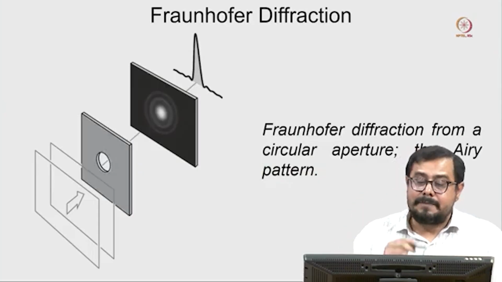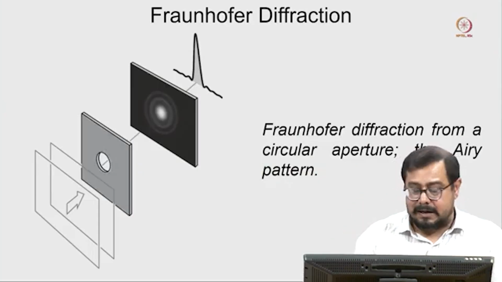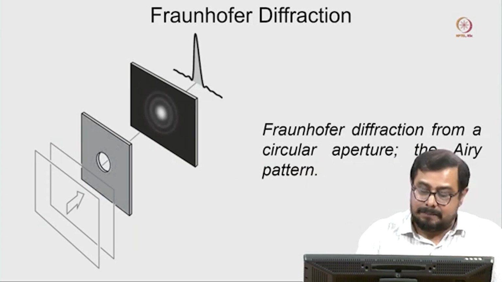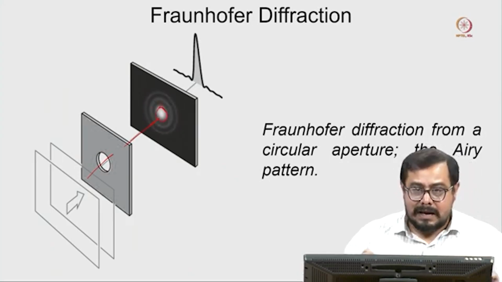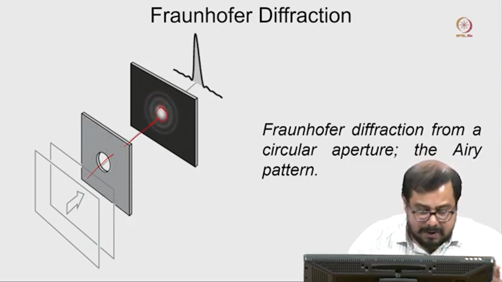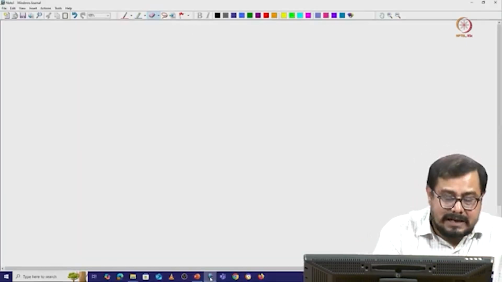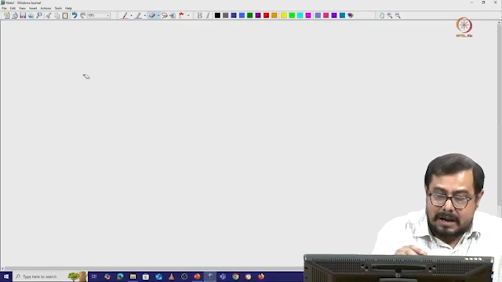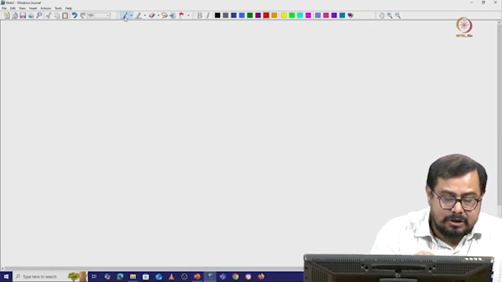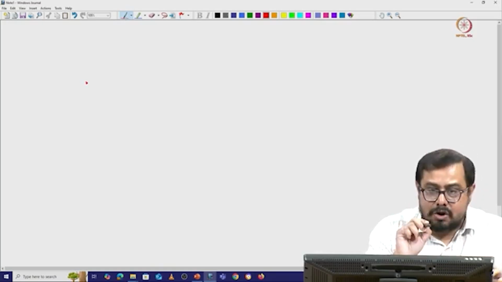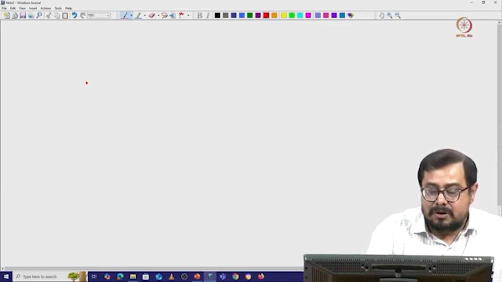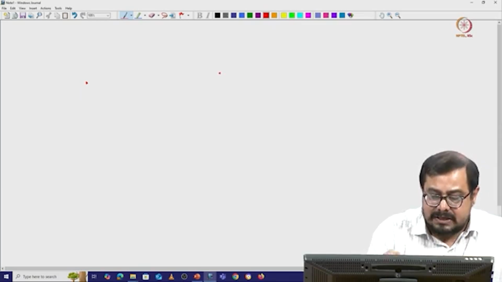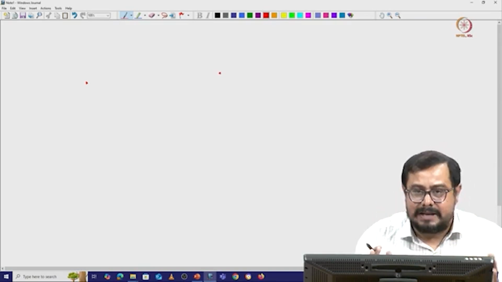Let's take a look. Here is the Fraunhofer diffraction pattern. We all know that if there is a pinhole, the light will go through this pinhole and form an image somewhere here. So if we consider that we have a pinhole and we are expecting that it should form one dot, and we are trying to image this particular dot using any lens system,